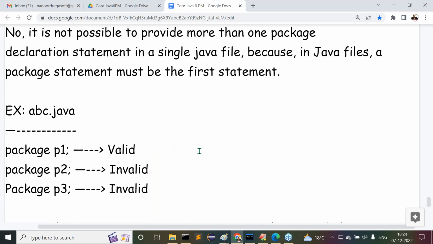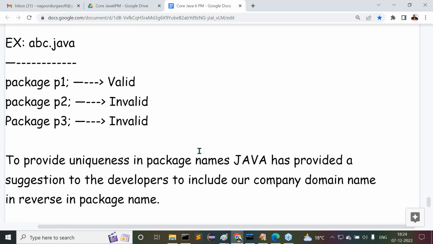Right, sir. Number of examples are given here. Package P1, file name is abc.java. Package P1 is valid. Package P2 and package P3, both are invalid here. Okay, fine. So next one is what there? After understanding this,